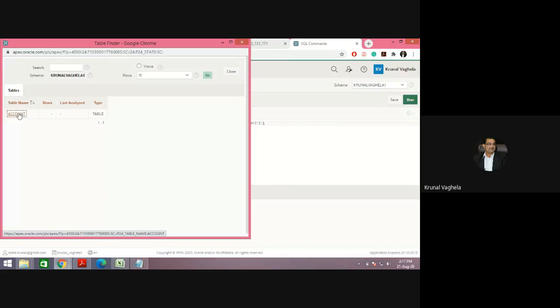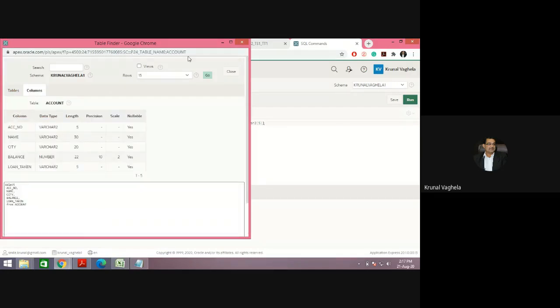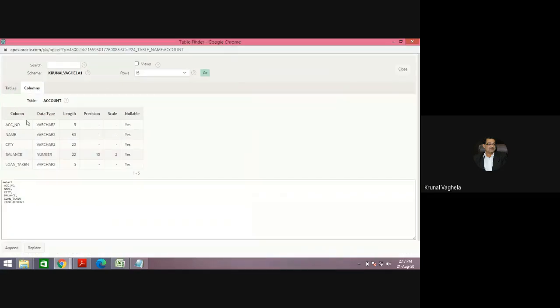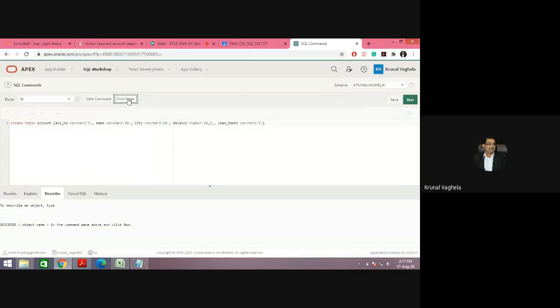If I click on this, it will give me the structure of the table. See account number, name, city, balance, loan underscore taken. Data type, length, precision, scale, nullable. What is nullable? I will cover it in subsequent labs, but I am not covering it right now. This is way number one, how you can find the table from here.